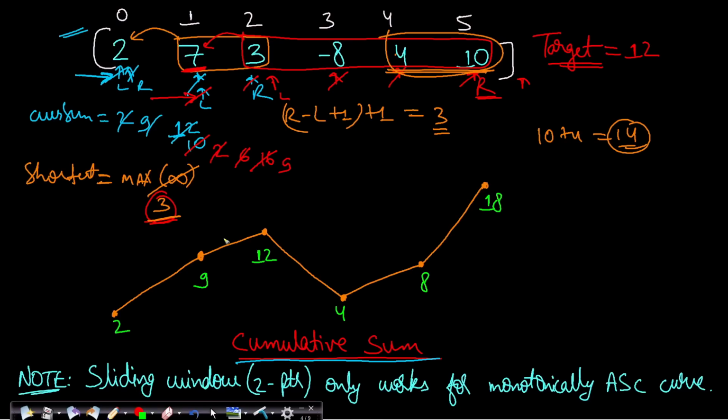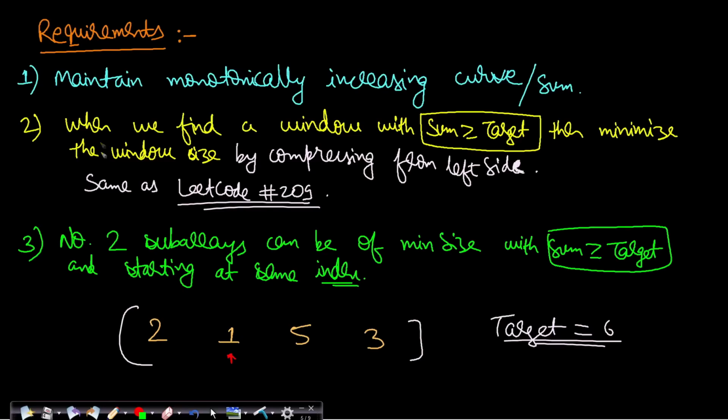So you have to remember that whenever the graph is monotonically increasing, then you can apply your sliding window using 2 pointers. But when the graph cannot be guaranteed to be monotonically increasing, this happens due to the negative numbers, right? Then you cannot apply the sliding window technique. You can take more examples and you will come to an understanding. Okay. Now what are our requirements in this case? Let's say that the graph was monotonically increasing, then I could have applied my 2 pointer technique to solve it.